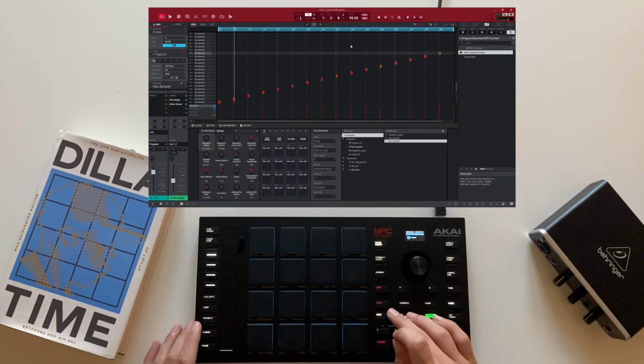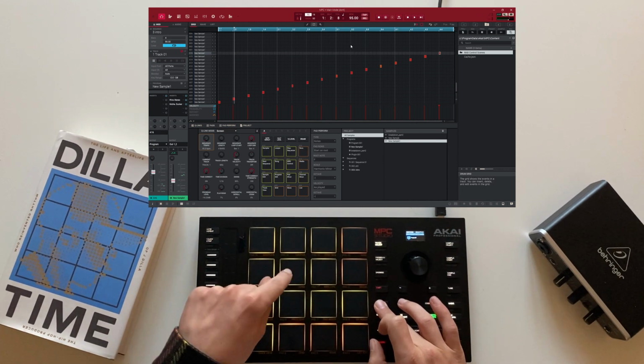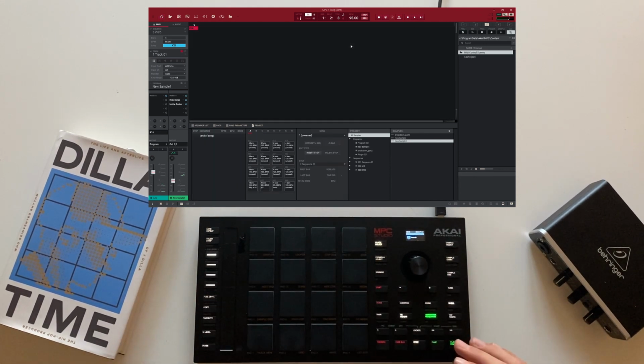So this sounds good. We have the beginning of the actual sample, but also since we chopped it, we still have like the vinyl or like the sample based hip hop kind of chopped vibe going on. So that's actually perfect, and we can make it from this, go drop into the beat. And we basically do that by going to mode, and then we select pad 10, which is like the song mode. And from here it's actually quite simple, because we can just press record, and now you can see on